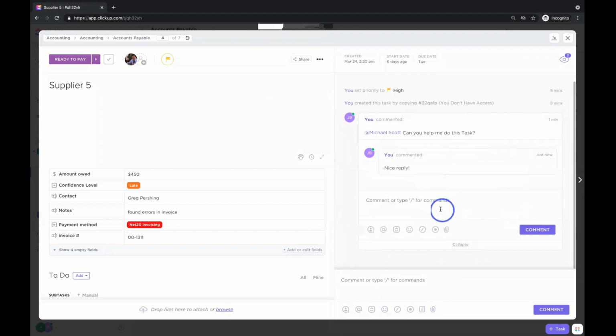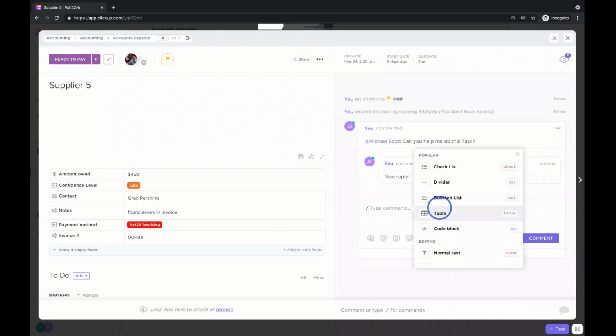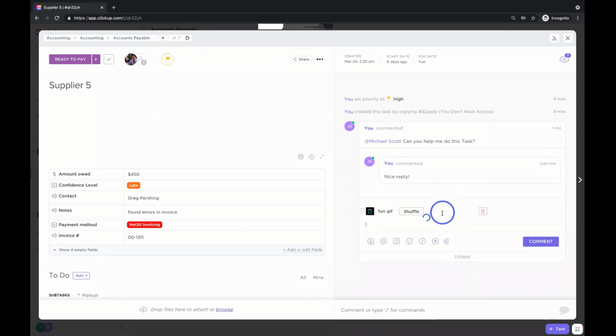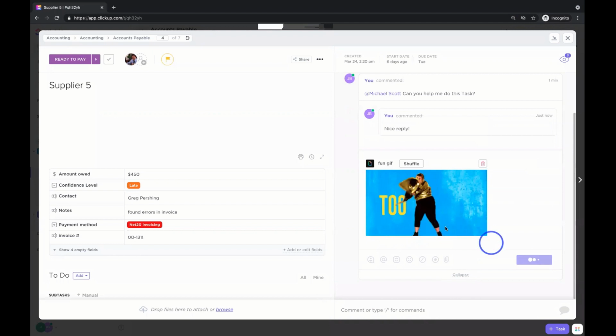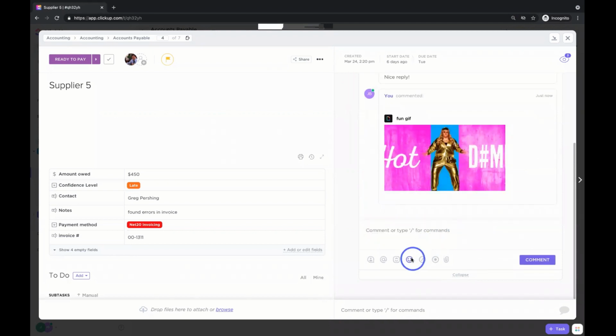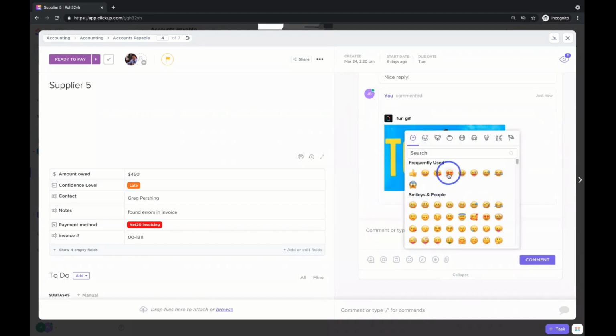Something else that's kind of cool that I love to show people is the idea of /commands, and inside /commands, we can do GIFs. We can do fun GIFs. We can have nice reactions between each other. We can also add in emojis, so we can say particular emojis are great. We can add those in as well and work well together. It helps to create a culture while you're remote, folks. Think about that. You want to make sure that you're having a fun, unique work environment.